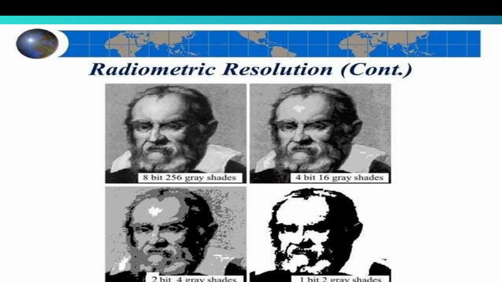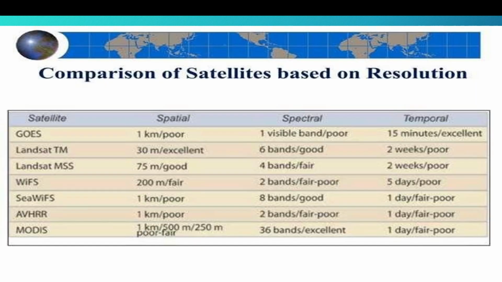So in summary, higher radiometric resolution captures more subtle variation in brightness, improving image quality and interpretation. Moving on, here is a comparison between different satellites based on different types of resolution. So, spatial resolution is how detailed an image is. Landsat TM, that is Thematic Mapper, has 30 meter spatial resolution,